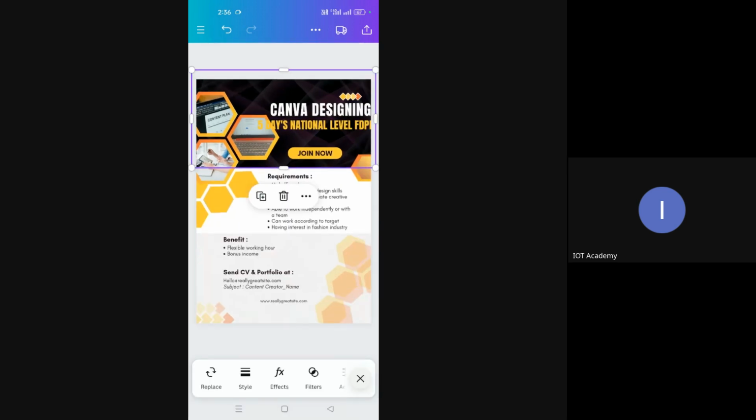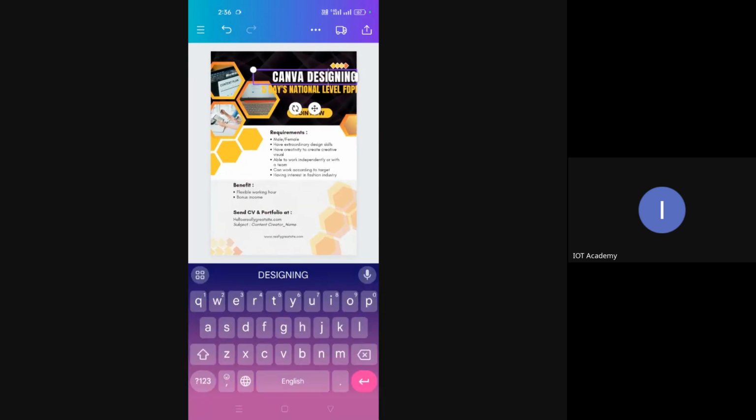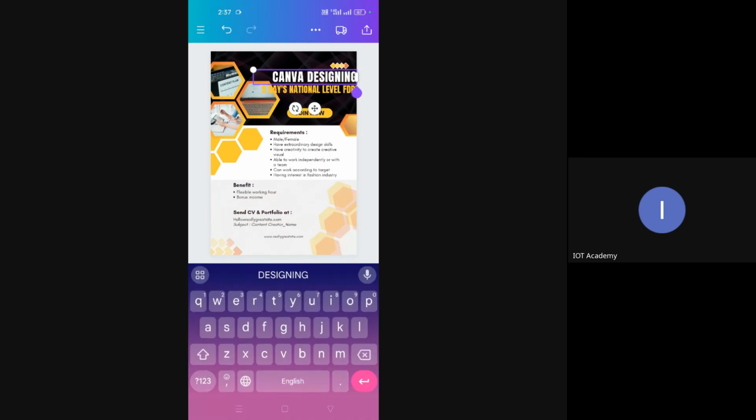So here is Canva designing, right? So while I am typing, I have options here to use the font size, font style, color of the font, etc.